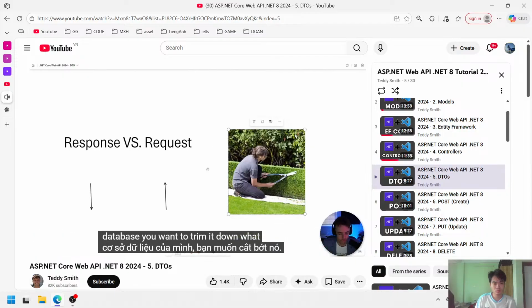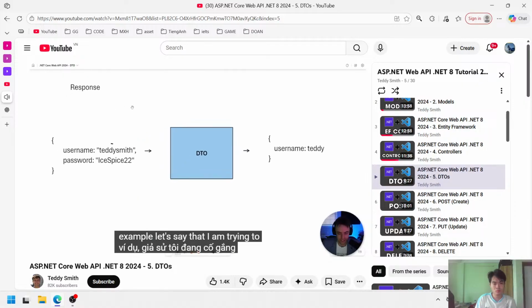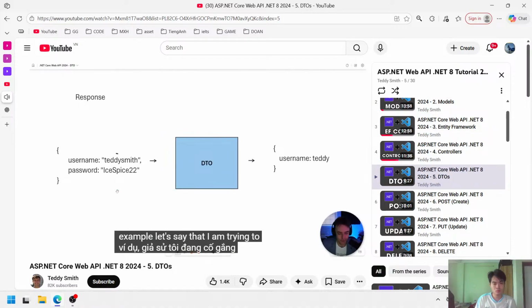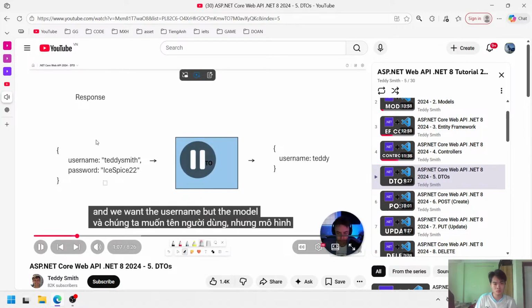You want to trim it down. What exactly do I mean by this? Let's give an example. Let's say that I am trying to return the username back from the API. And we want the username, but